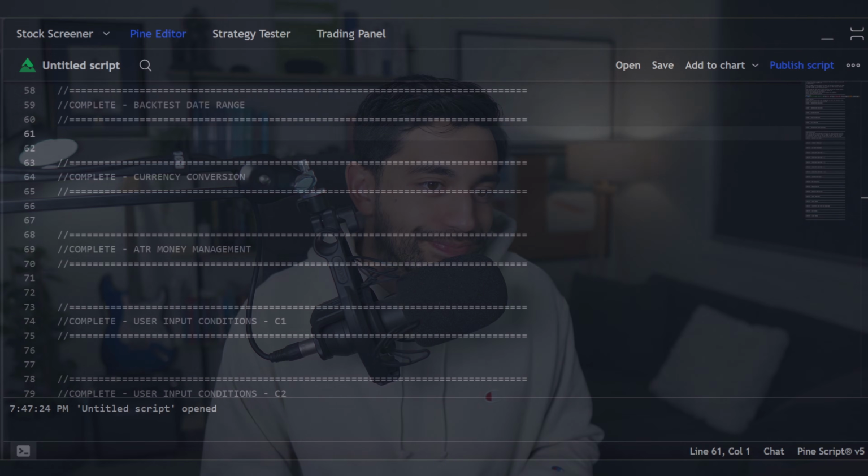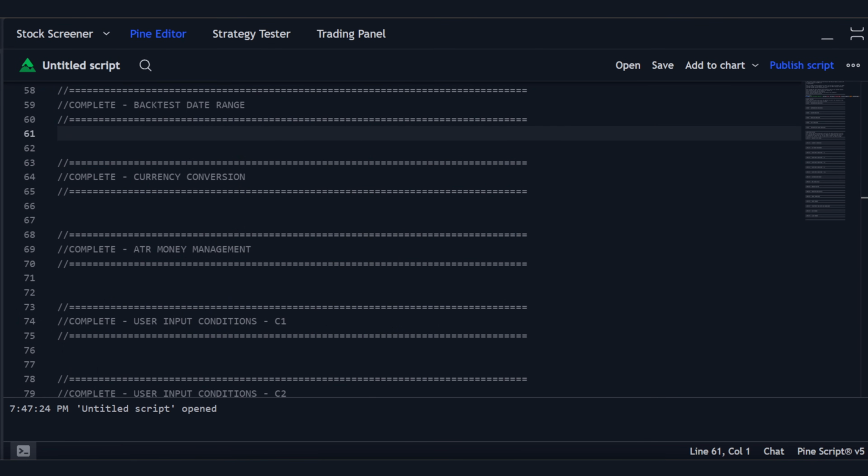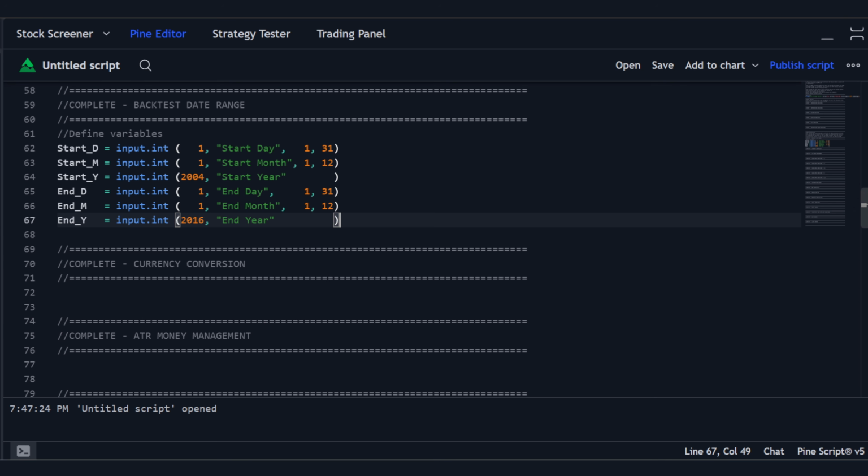So without further ado, let's go back into Pinescript and see how we code up those two. In TradingView, we're going to start off by completing the backtesting date range, and I'm going to first include the following variables. Now, these are input functions for the start day, start month, start year, end day, end month, and end year, which is going to form part of the date range that we are going to be testing for